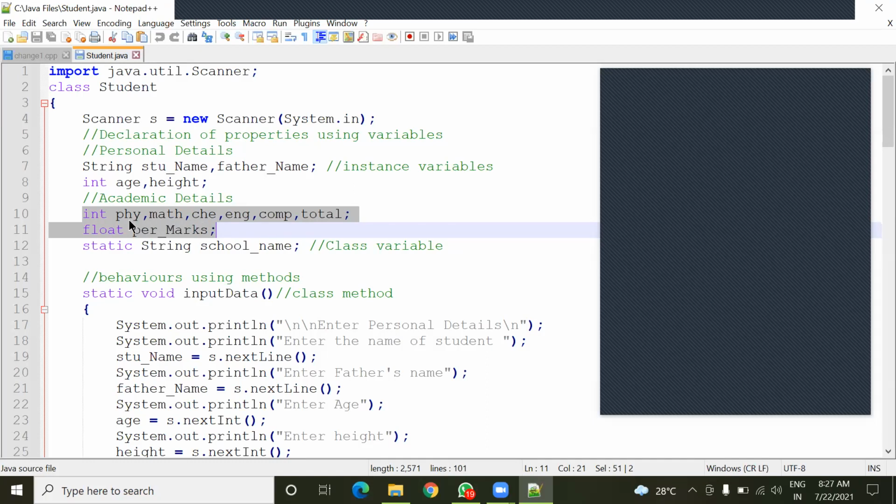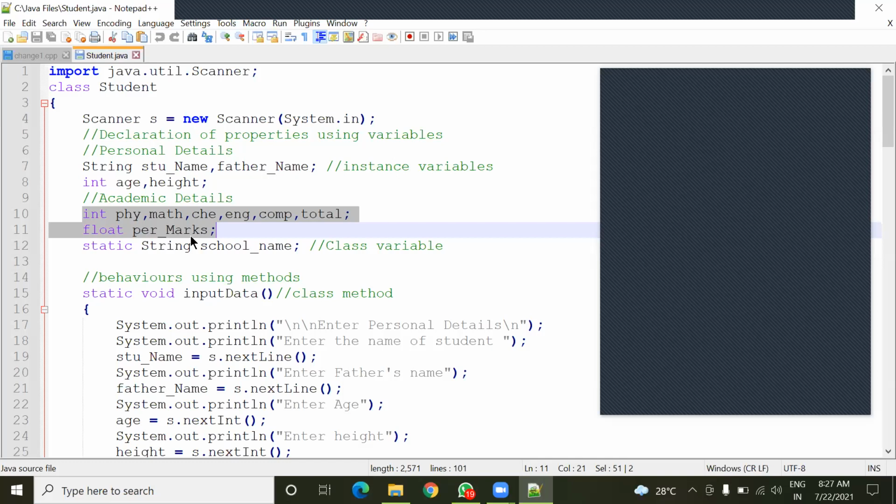These are properties of the student which are indirectly related, meaning the marks scored by the student after appearing in an exam. With these properties, you can assign. Here you can see how many subjects, 5 subjects. Then there is total marks. There is percentage marks.